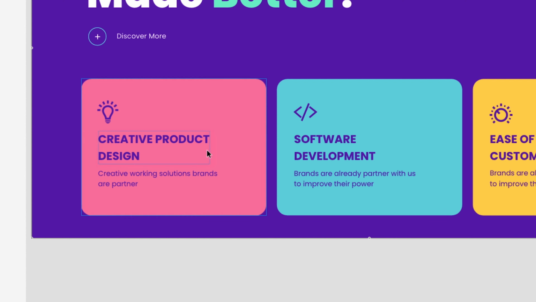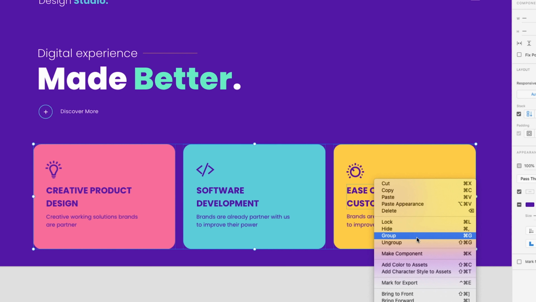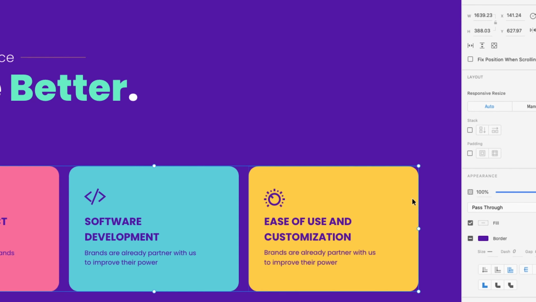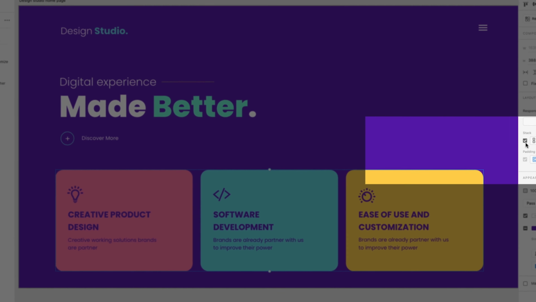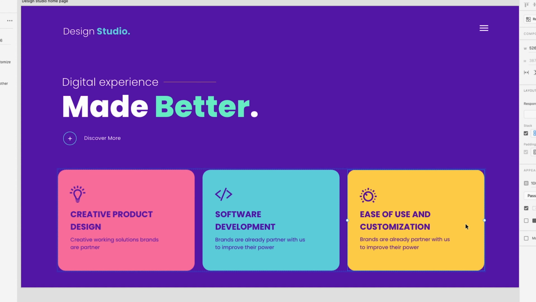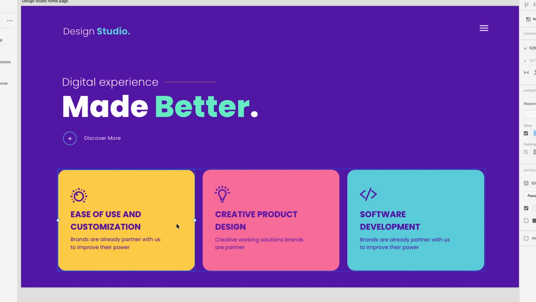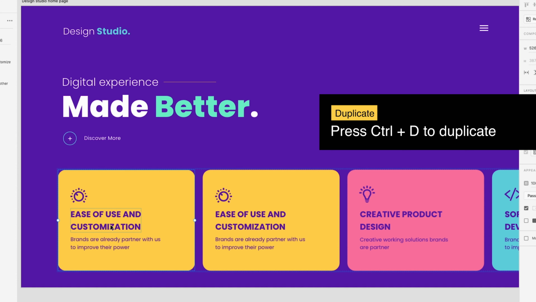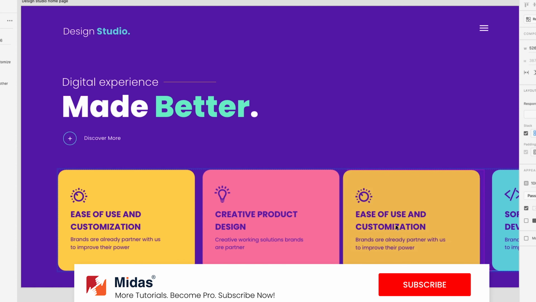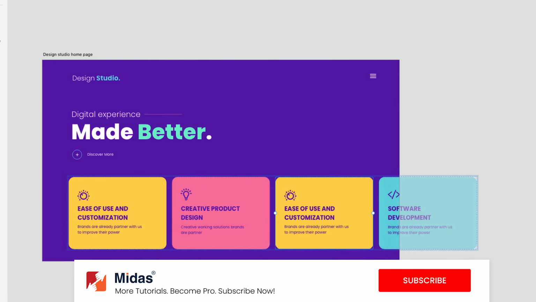And select all cards and create one more group. This time the stack is horizontal. Now you can change the order of cards and even duplicate to add new cards. When you try to add new elements, it will automatically get adjusted. You can use stack when designing common UI elements like cards, drop-down navigations and modals.